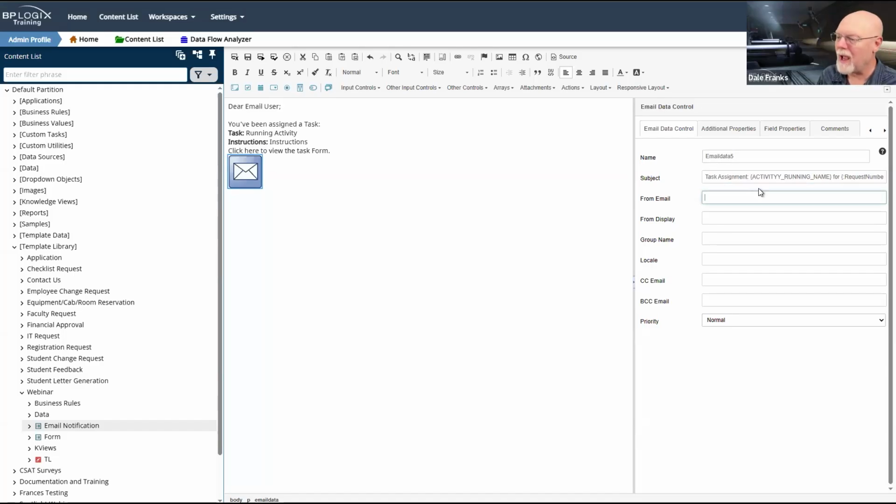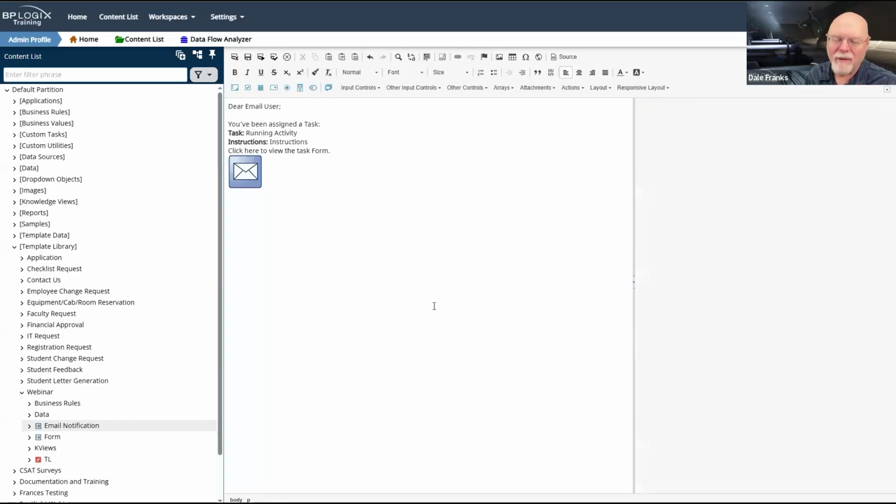So this will give you a task assignment, supervisor approval for request number, whatever. No reason to get any more advanced than that. I've got the basics of an email template.